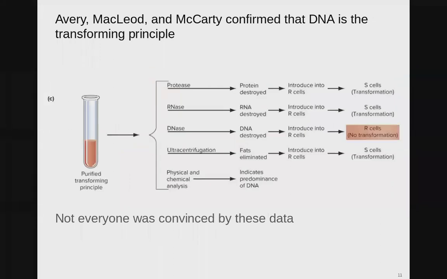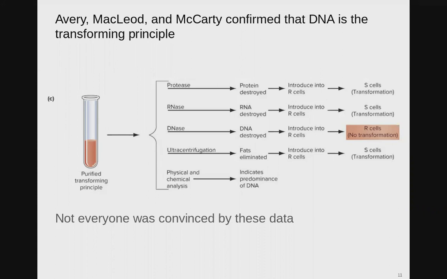And what they actually did was take the purified transforming principle, i.e. the pathogenic organism's materials, and they actually treated it with a couple of different things. So they treated it with essentially either enzymes or centrifugation or chemical analysis. And interestingly, they treat it with a protease, which obviously, as its name suggests, kills protein or destroys protein. So they treat it with a protease, destroying essentially all the protein, not all the protein, but essentially all the protein. It's impossible to fully get rid of any of these components with just an enzyme in a tube, but